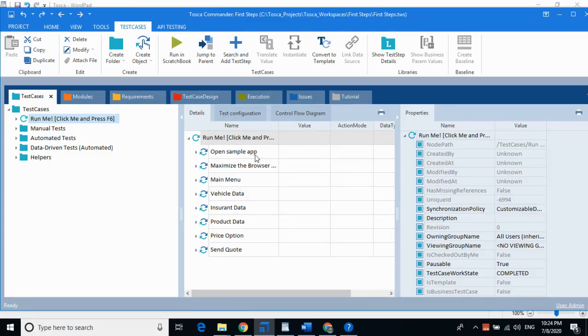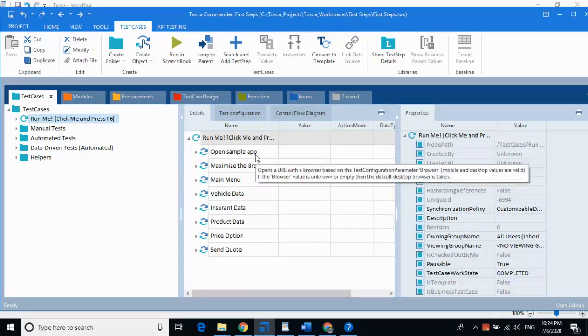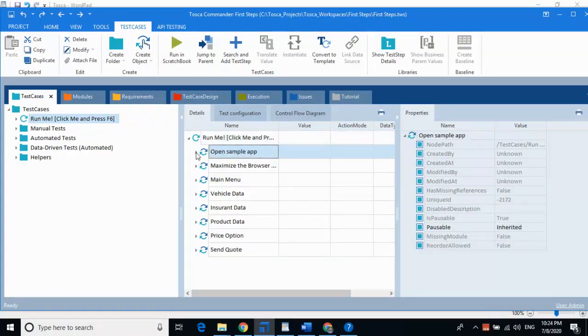Open sample exam application. Then maximize browser. Then the main menu will open. Vehicle data, insurance data, product data, and price option and send code. All these details are filled.